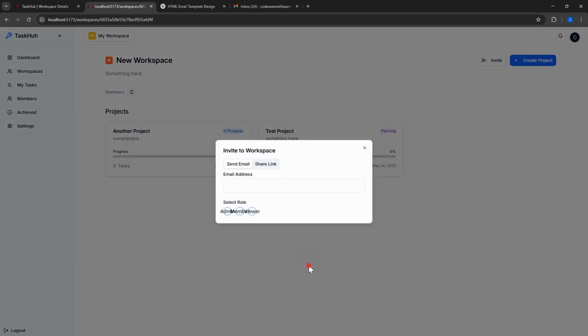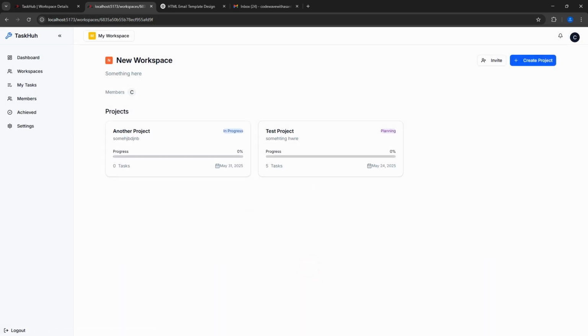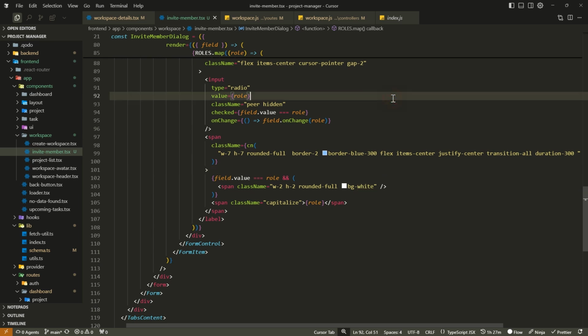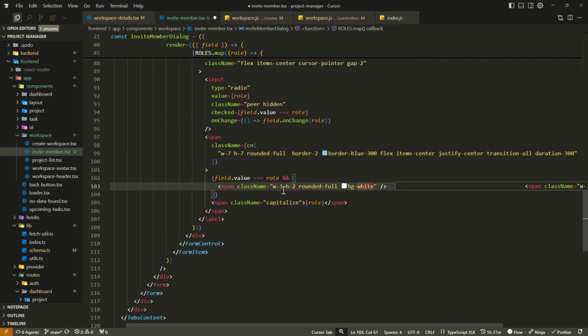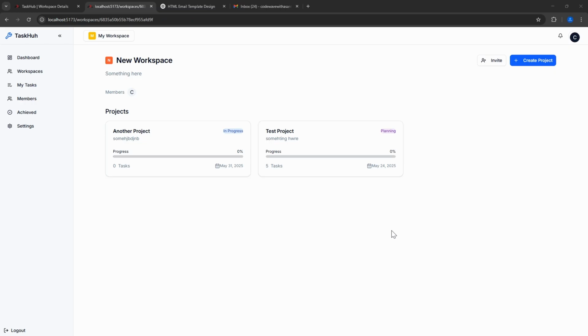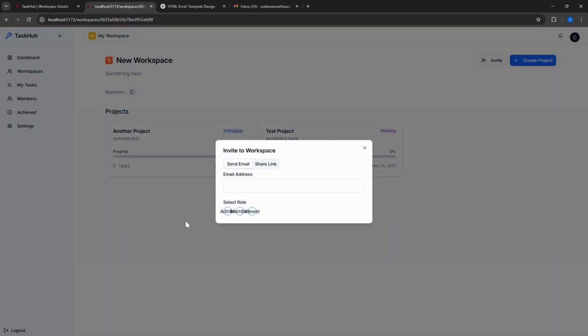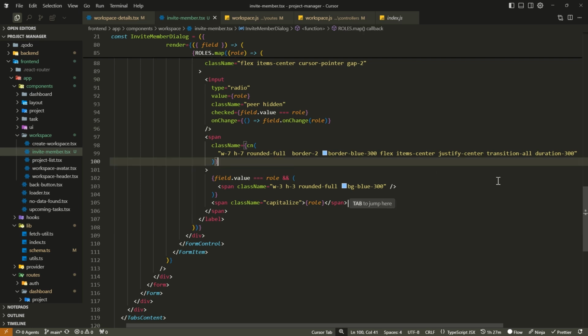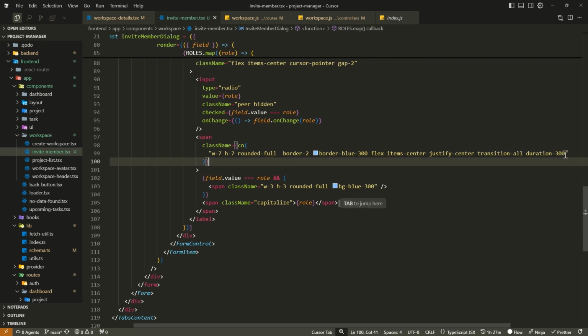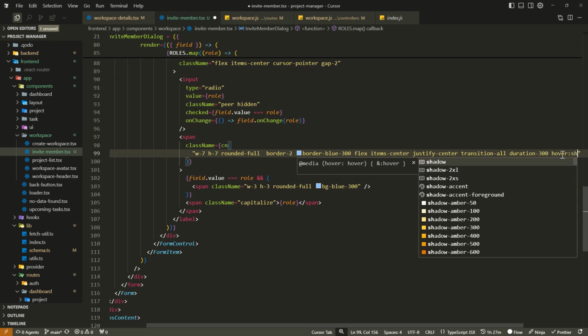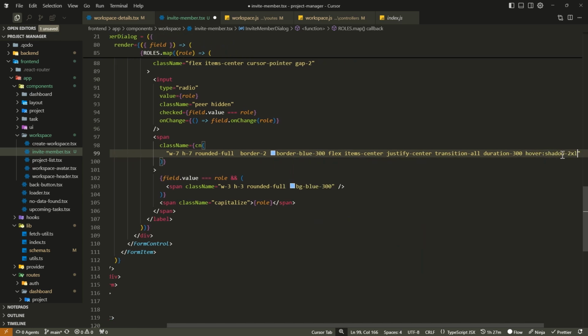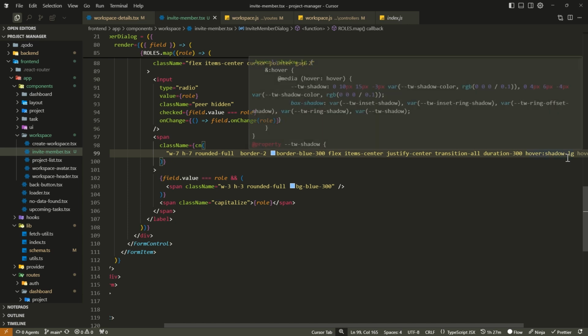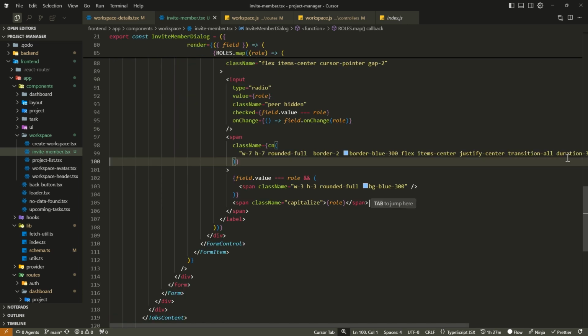Let me see. I don't think it's getting better. Let's see what is happening. Let me make this 3 and 3. I don't think it's getting better. Let's finish it and see. So here I'm going to say hover, then shadow of, let me make it LG. So here, after all these classes,